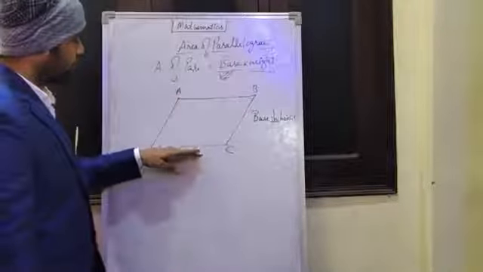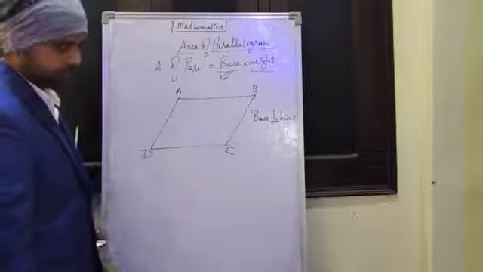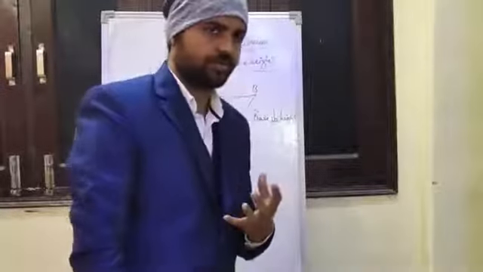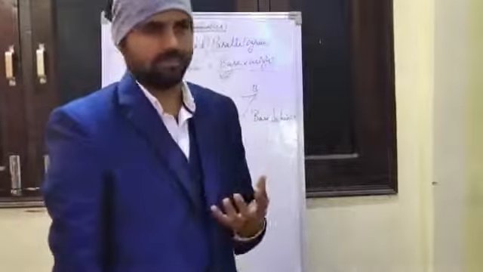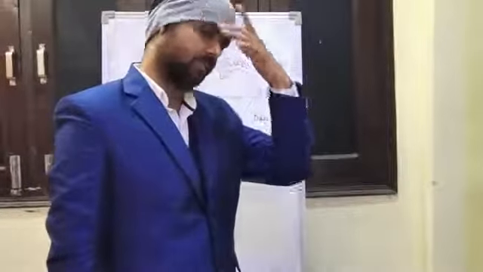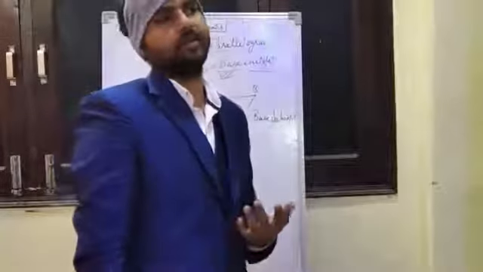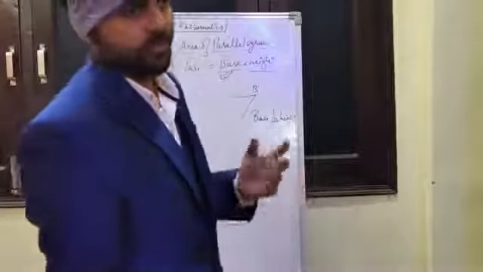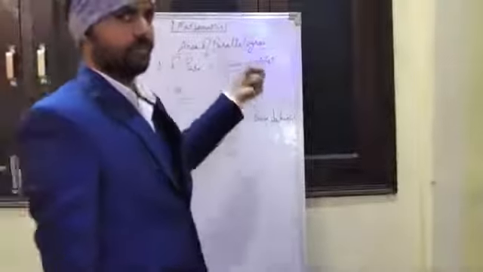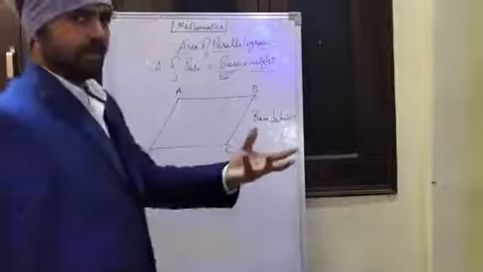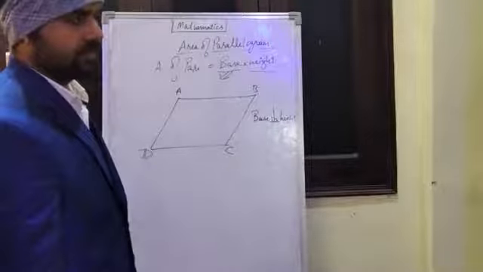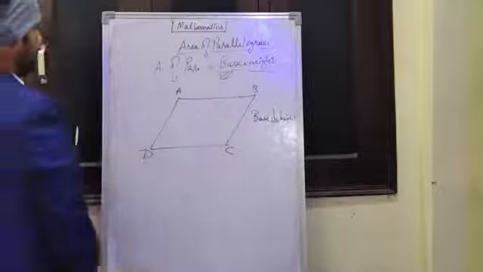So to this CD, what is the opposite side? AB. And try to see that the height, when you are going to draw it, should lie within the polygon. Okay, you try it out. Probably you should get the height within the polygon all the time, but there are times when you get the height outside the polygon. We'll discuss that part afterwards. But here we are going to take the height which is inside the polygon. Polygon means any quadrilateral, or you can say a rhombus, square, whatever there are.